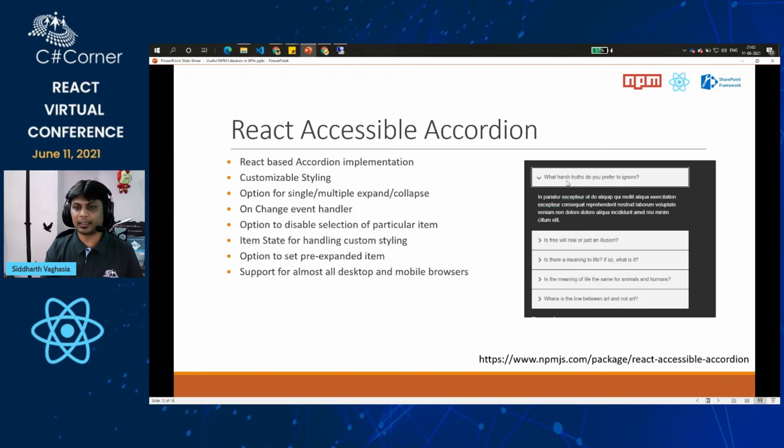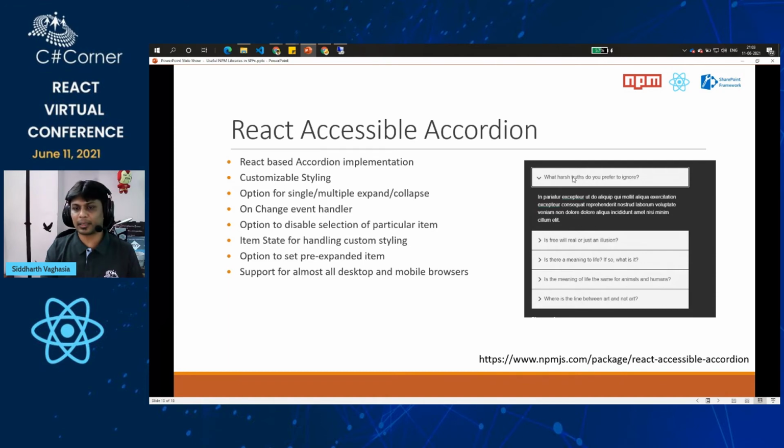As I said, if you have very little specific content, that should be okay. But what if you wanted to dynamically get data once the user clicks on it, right? Then this would be very useful. There is an option to disable a particular item also. For example, we can disable that this particular item cannot be expanded, right? So I would always consider an accordion maybe as a vertical tab also, right?